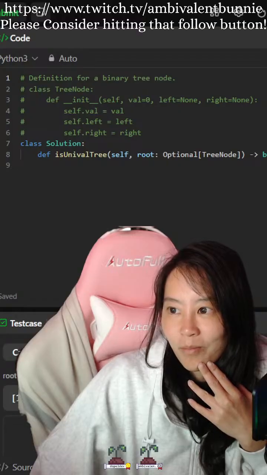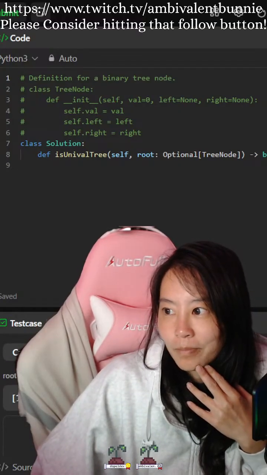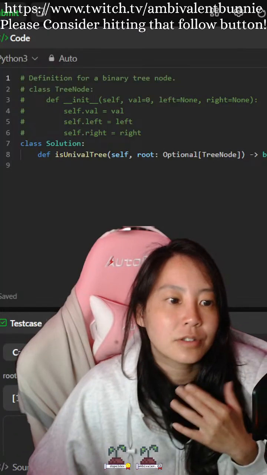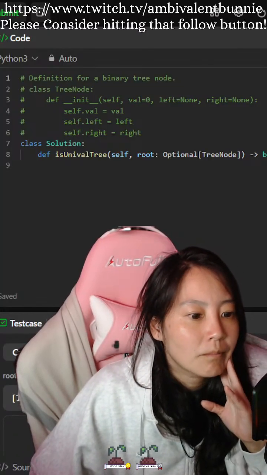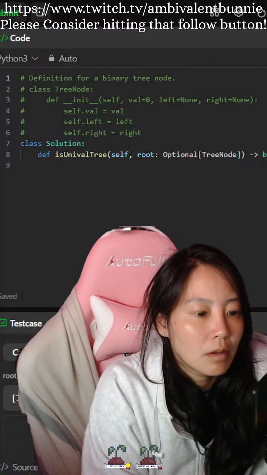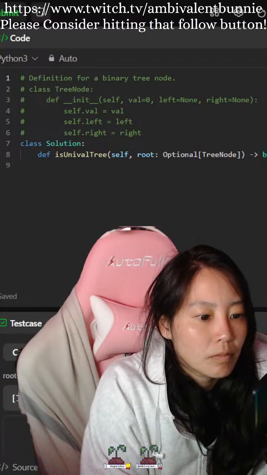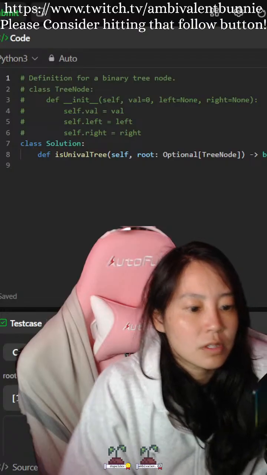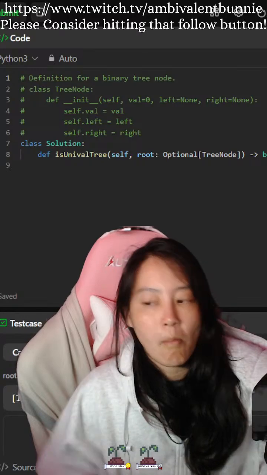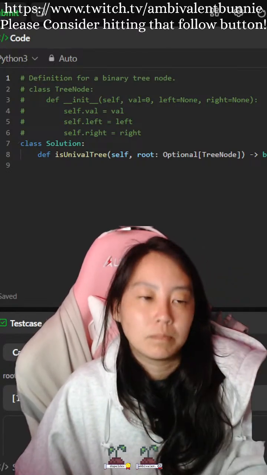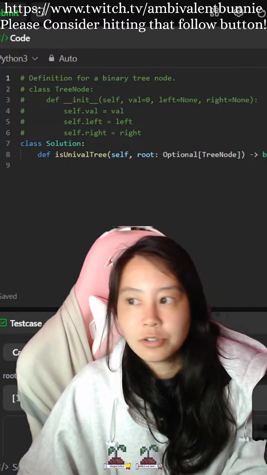Maybe. Okay, so the number of nodes in the tree.